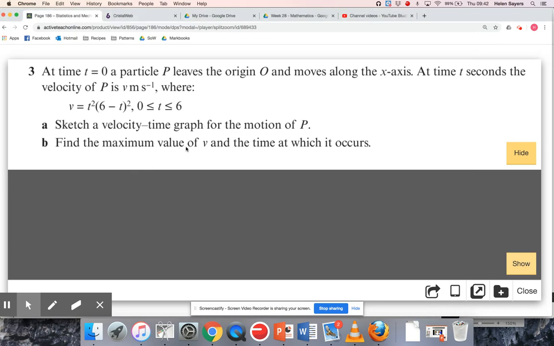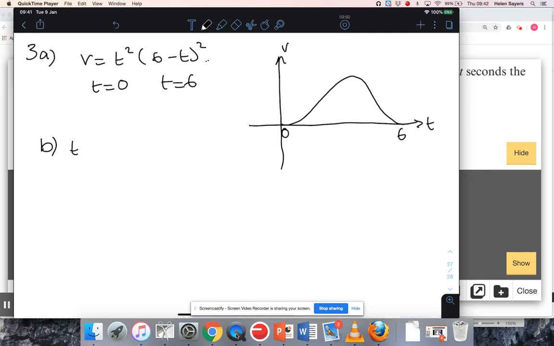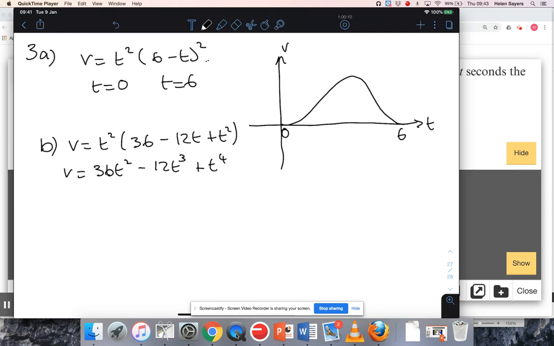And then find the maximum value of v and the time at which it occurs. Okay, so maximums and minimums, we're thinking about differentiating. And if I'm going to differentiate, I do want it all expanded out. So v equals t squared, and if I square out the 6 minus t and then multiply all that out, I get 36t squared minus 12t cubed plus t to the power of 4. So if I differentiate that,